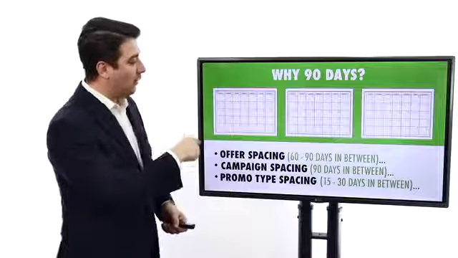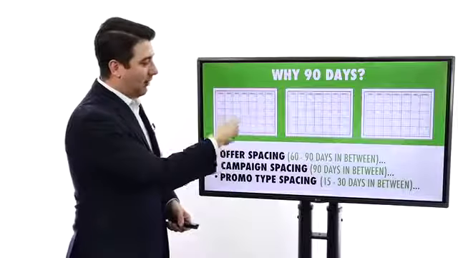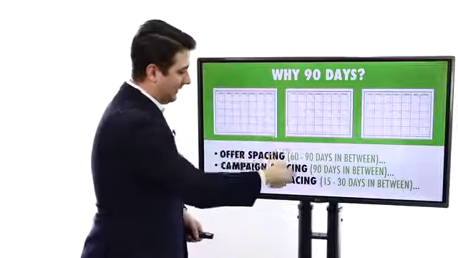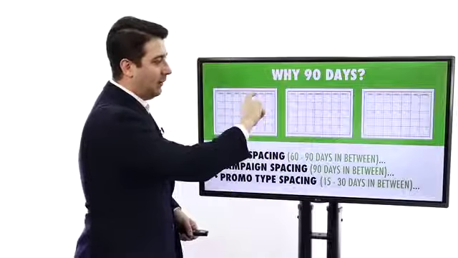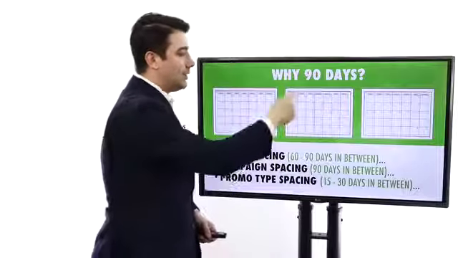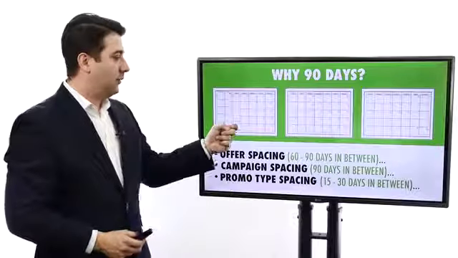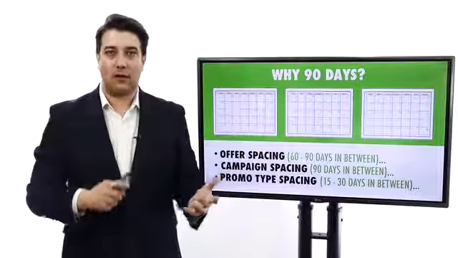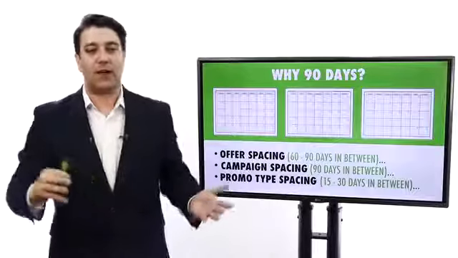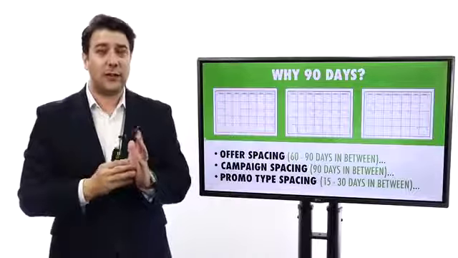What we would not want to do is come back and do exactly that same calendar here or flip it. We wouldn't want to say, okay, so I'm going to start this one with a monetization campaign because you just ran one. So we want to do some spacing there, not only on campaign type, but offer type and promotional type